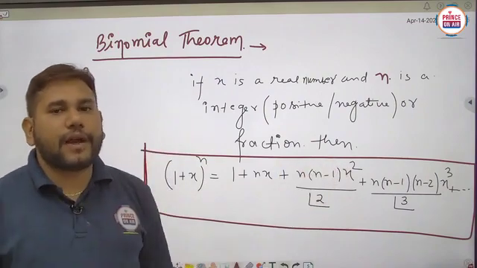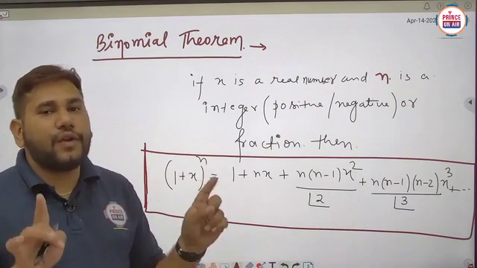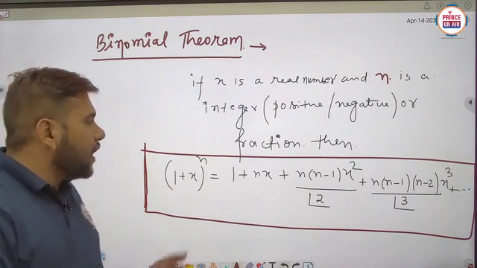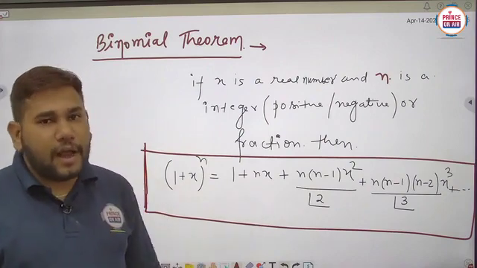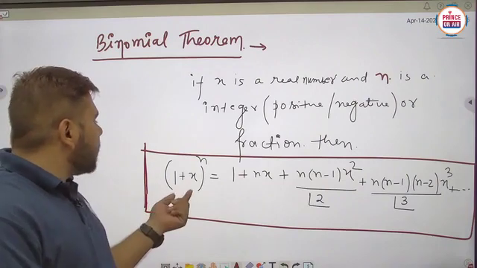First of all I would like to clear that beta, to use this formula, first of all you have to memorize it. If you don't remember this formula, you cannot use it in the questions. So what is the formula?